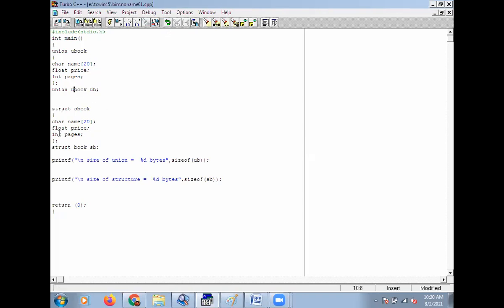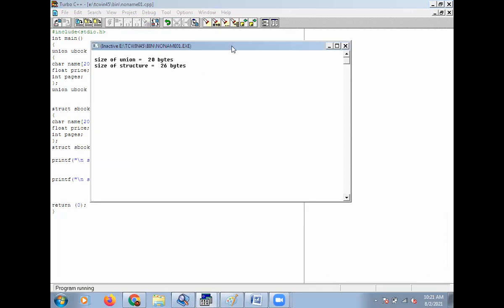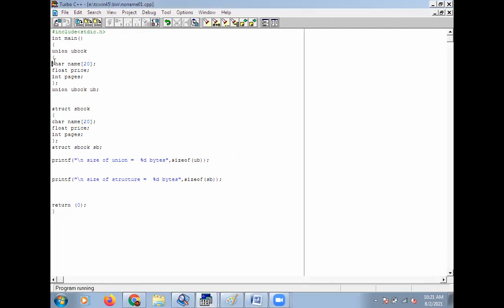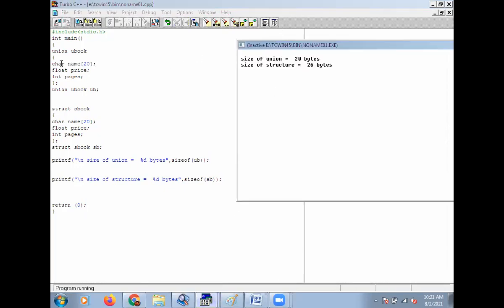See, size of union is 20 bytes. Size of structure is 26 bytes. In case of union, the character array is 20.